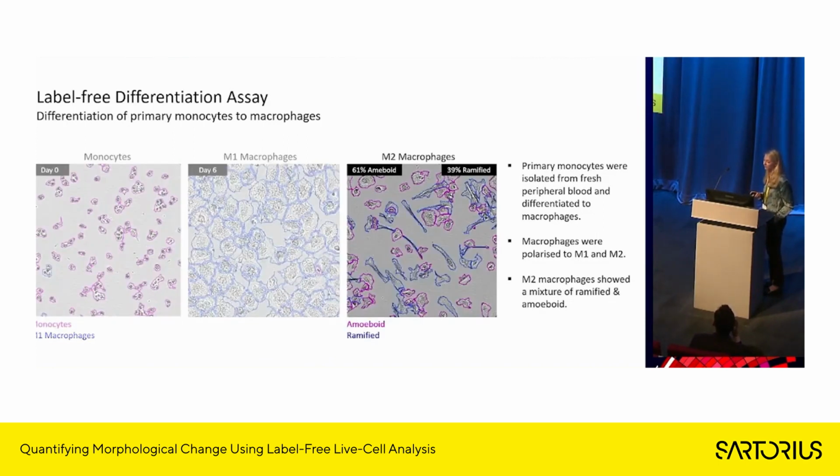For the M2 macrophages, we saw that there was a more heterogeneous mixture of morphologies. As you can see in the image, we had more ramified cells, which were longer and thinner, and then the amoeboid, which were rounder and flatter. And so we used the advanced training set selection to manually select these cells of interest and use this to train our classifier. And again, with the resulting segmentation, you can see that we're able to distinguish these two different phenotypes. We've got the amoeboid segmented in pink and the ramified shown in blue. And of course, we can quantify this as well.